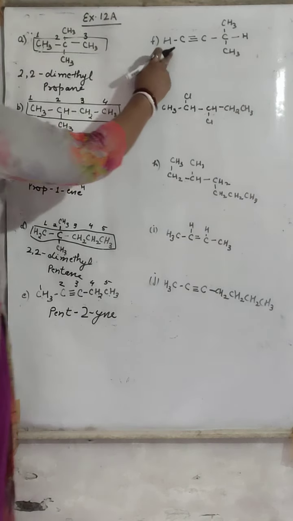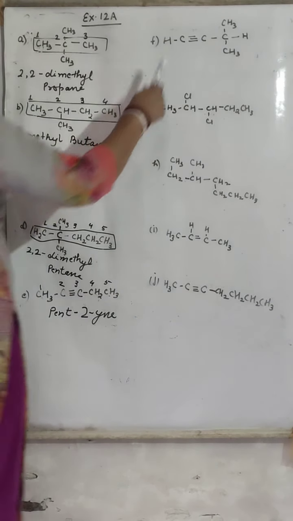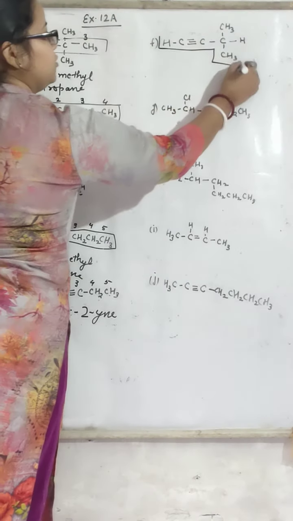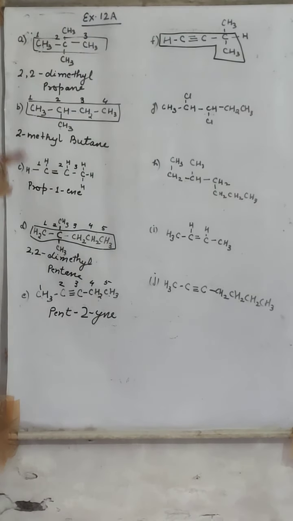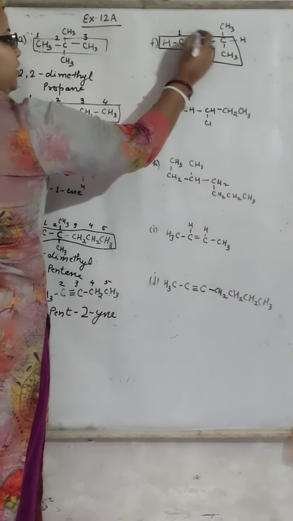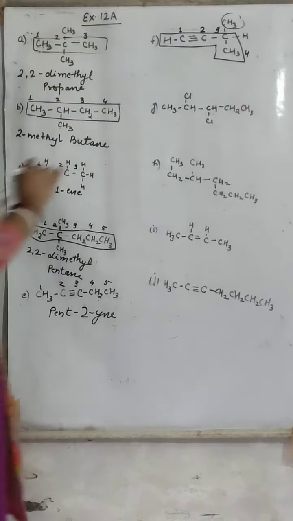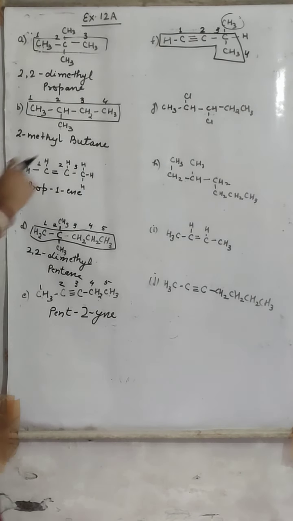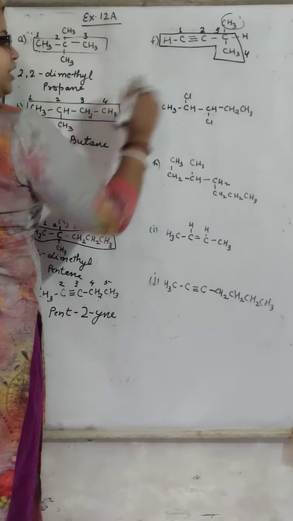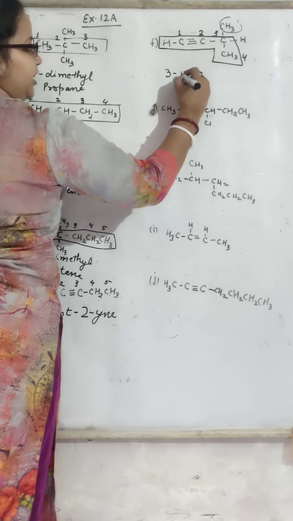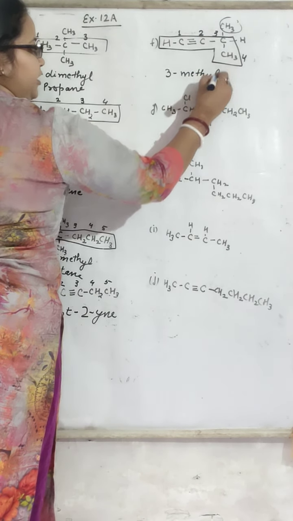Next one, again a triple bond is present. Firstly we will select the longest possible chain. So 1, 2, 3 and this 4. This will be 1, 2, 3 and 4, because no breakage is there, so it is our longest chain. Right? We will start numbering from where the triple bond will get the smallest possible number. This will be our 1, 2, 3 and this will be 4. Now this is out from the numbering, that means it is alkyl. So firstly we describe the alkyl. Which alkyl, at the third position? Methyl. So 3-methyl.